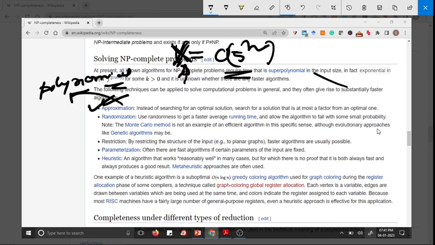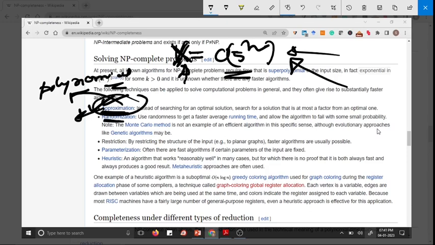You will be approximating and making it something near to 5 to the power n. That will be called approximation. That has to happen in polynomial time. Once you prescribe an approximation algorithm, that has to happen in polynomial time. This is the first approach. This is there in our syllabus.